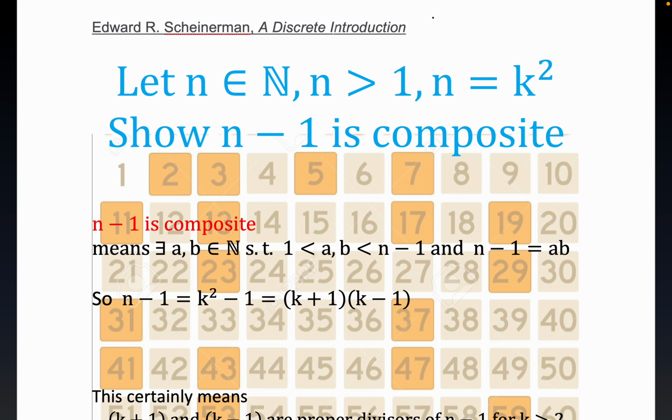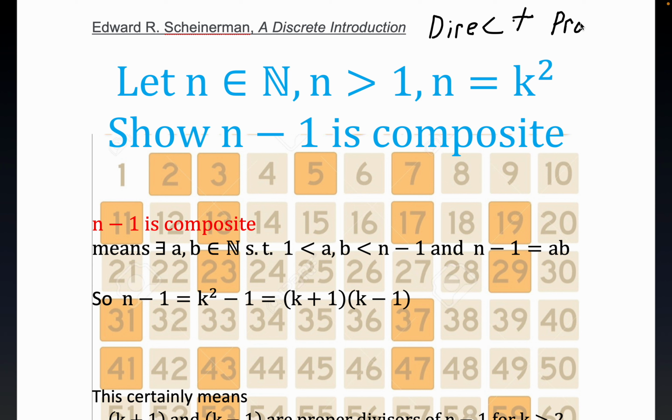Edward Scheinerman's textbook was looking for a direct proof to this, that's fairly obvious if you just examine it. Let me get that written down if I can possibly do that any faster. Proof. He was looking for a direct proof, and basically this just relies on, do you know the definition of